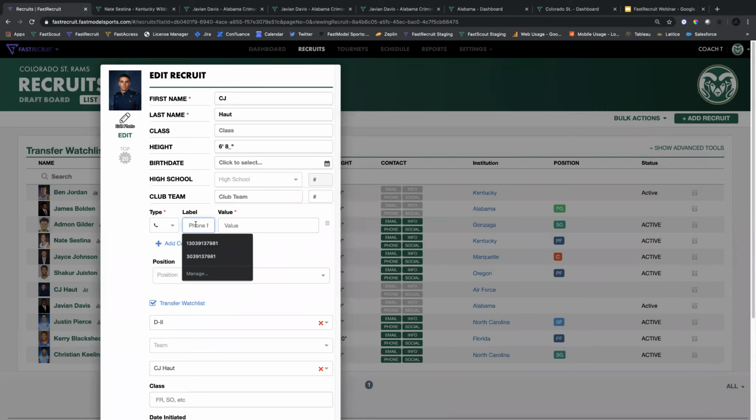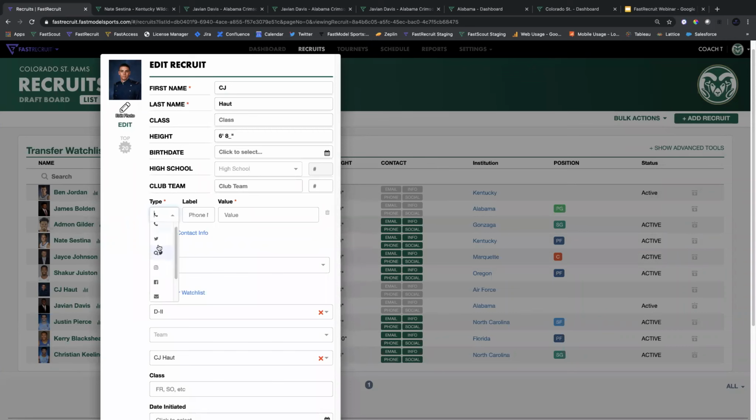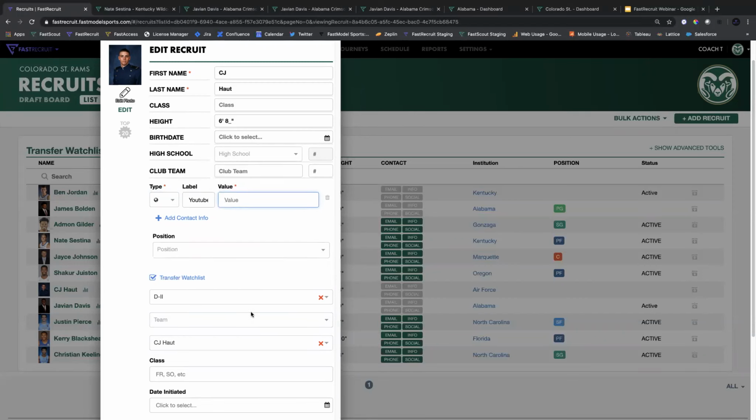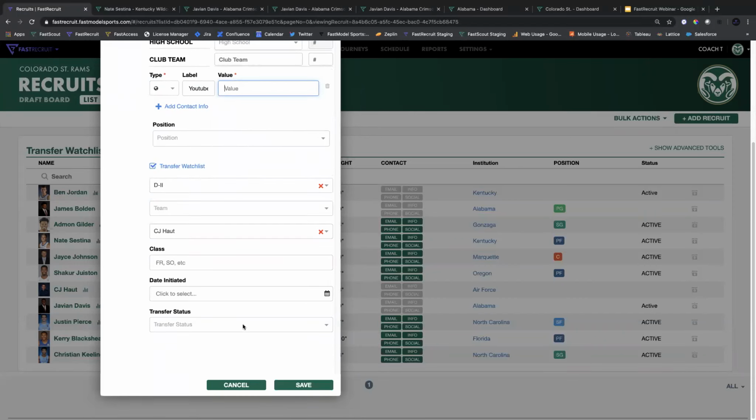You can utilize it that way. For linking YouTube clips, that was another question. So yes, you can link YouTube clips. Down here, you see this little globe under contact information and under type. If I click on type and scroll down to this little globe, this is a website. So if you want to type YouTube, in this value field you can copy and paste that YouTube link right here in this value. Click save, and now